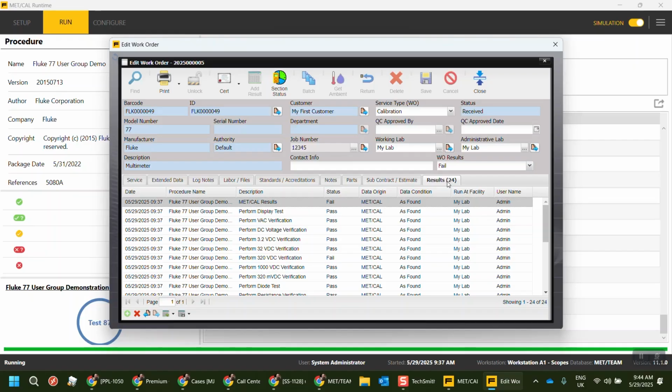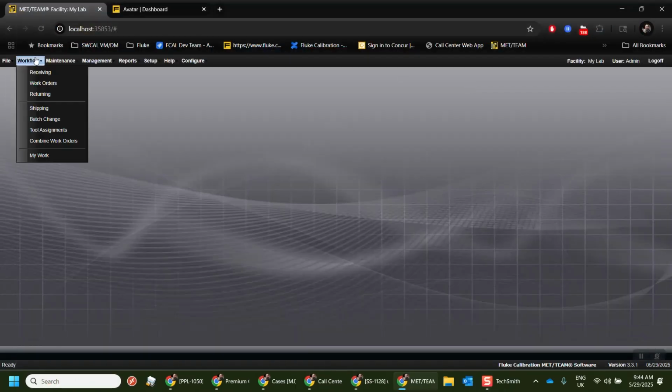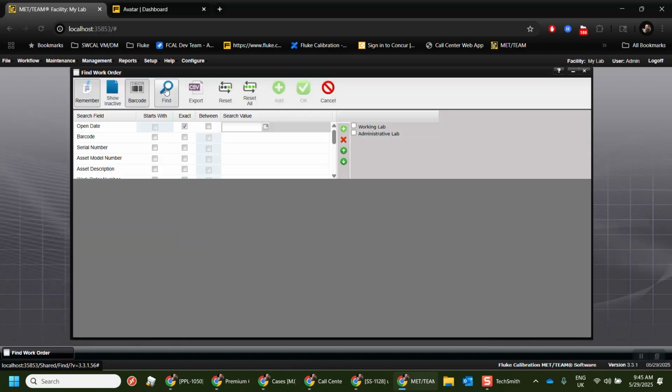Similarly, in MetConnect, we can have, without all of the overhead of MetTeam and tracking all of the assets there, if you have another system, you can integrate MetConnect with that, and we can still run those MetCal procedures and get this results data through an API, through a PDF datasheet output that then puts that data into your other system. So I'm going to close this work order. It's going to automatically close MetCal because I launched it from that work order. Now if I go back in MetTeam and find that work order,